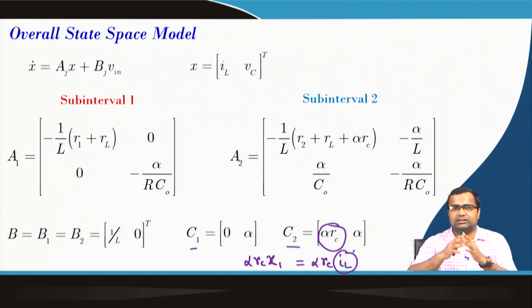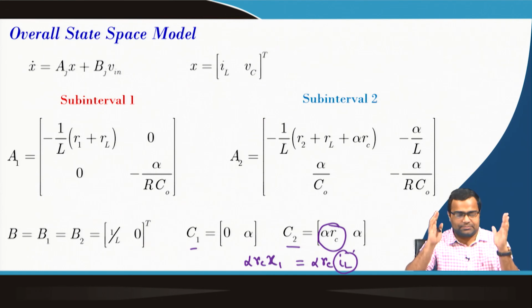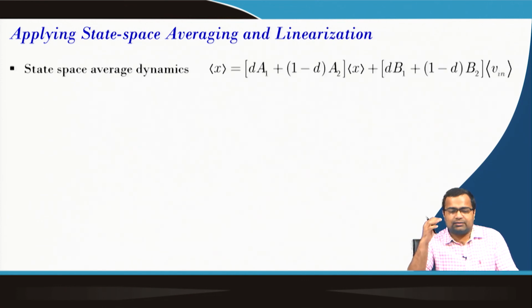if you do not consider the effective series inductance ESL, then there will be no discrete jump, because ESR will only increase the ripple magnitude, but it will not introduce a discrete jump. But ESR in a boost converter will introduce a discrete jump. Now, you can write down the state space equation again.